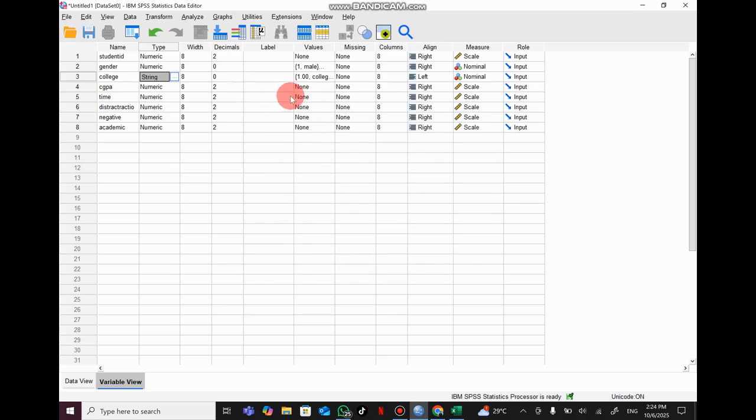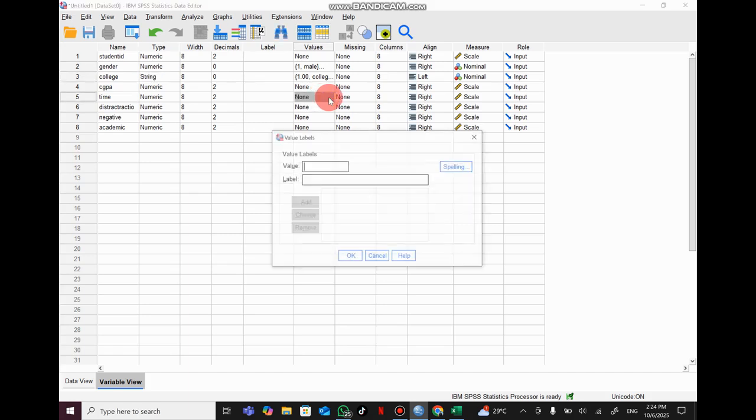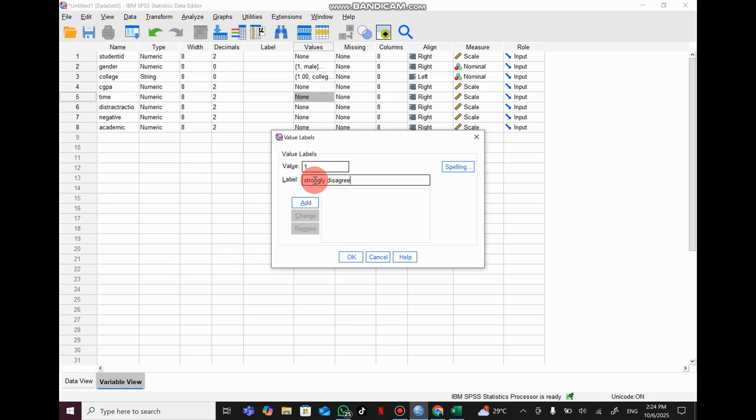Then for the CGPA, there is nothing to do here, but for time, distraction, negative, and academic performance, we need to use labels. The value 1 here is based on your Likert scale: strongly disagree.